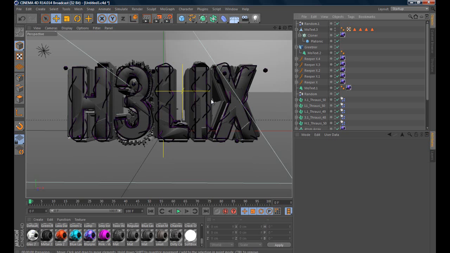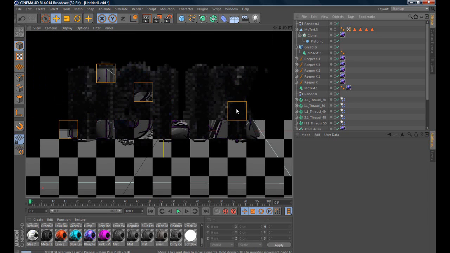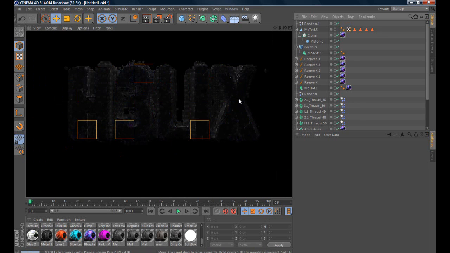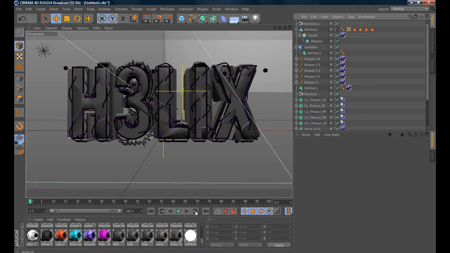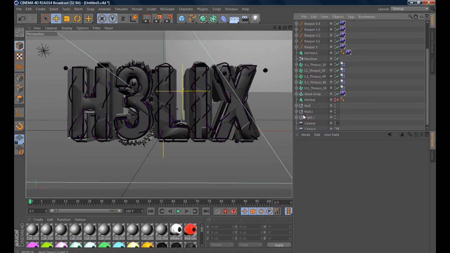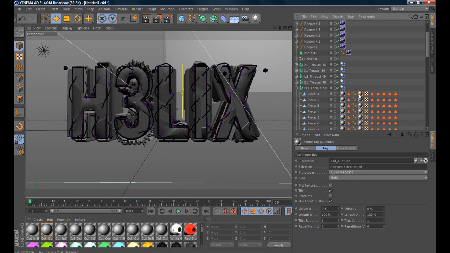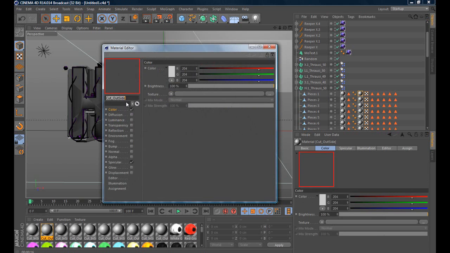Then if you give this a quick pre-render, of course, because I didn't use the grungy texture I used before, it's just going to look like a normal plain grey, just a normal boring grey. Suppose if I change this a bit,